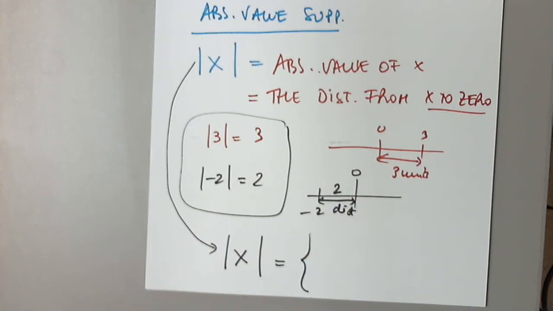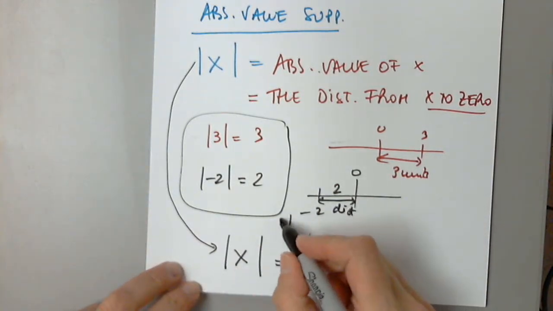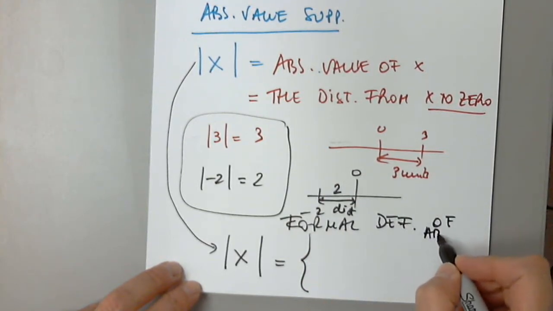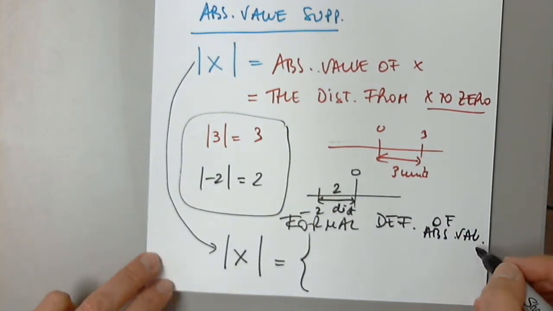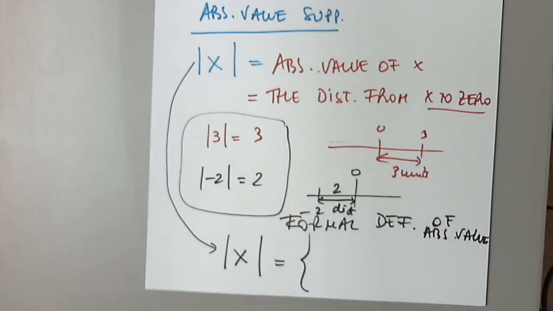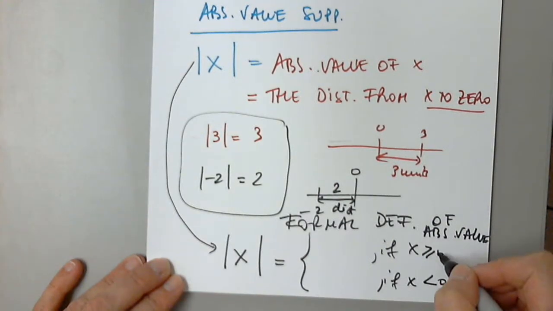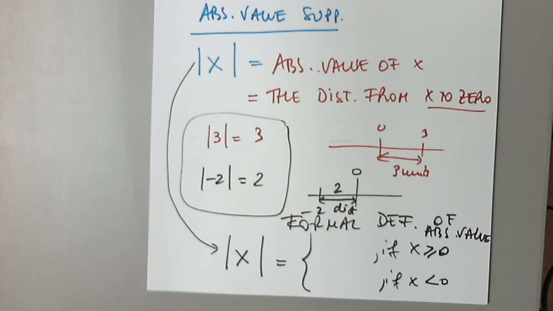Anyone remembers how to simplify this without absolute value? This is called the formal definition of absolute value. So the absolute value of x, again, has two possibilities. If x is positive and if x is negative. In positive, we also include the 0. So if x is positive or 0, the absolute value of x will be replaced always by,